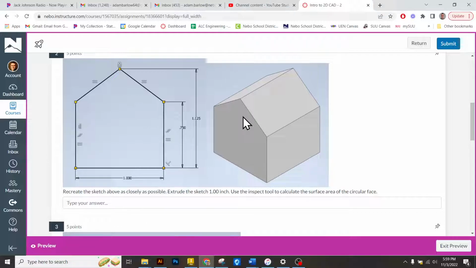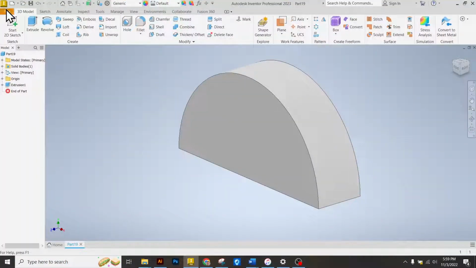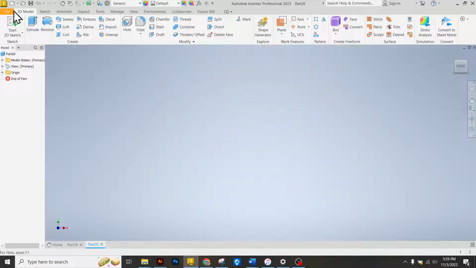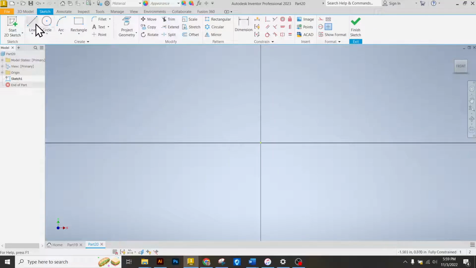So the next one I'm going to do is a little house. So this little house, if you ever played Catan, this looks kind of like a settlement, and it looks like it's 1 inch wide, 3/4 of an inch tall, and 1 1/8 inch to the peak. So I'll jump in here, say File, New, Center Part, Create, Start 2D Sketch, the surface here, and use my